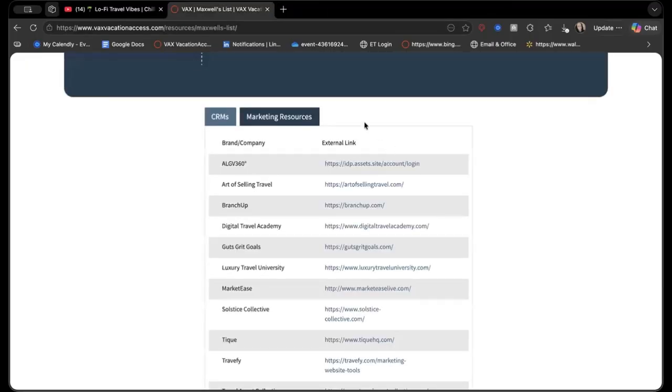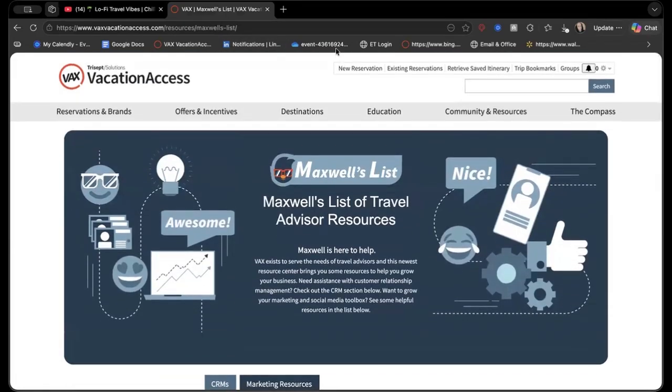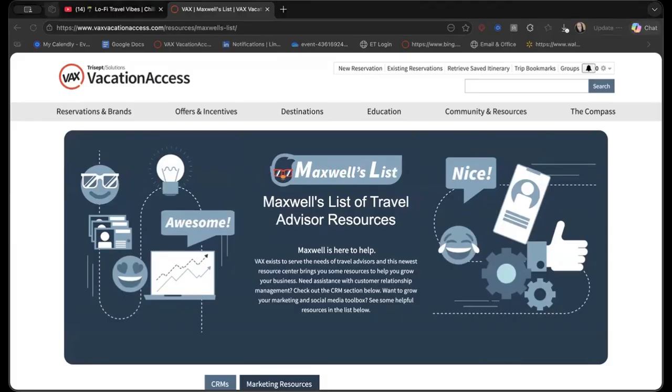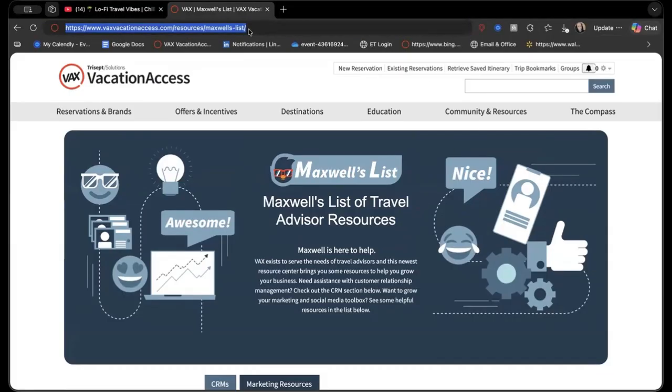All right. So I don't know what happened with that one, but we got the idea of it. Okay. So when you are doing content, use ALG 360 for Vax. Okay. Now, that is my first vendor. I don't want to spend too much time on that vendor because we got a few more. So the next one that I really, really like to use is going to be